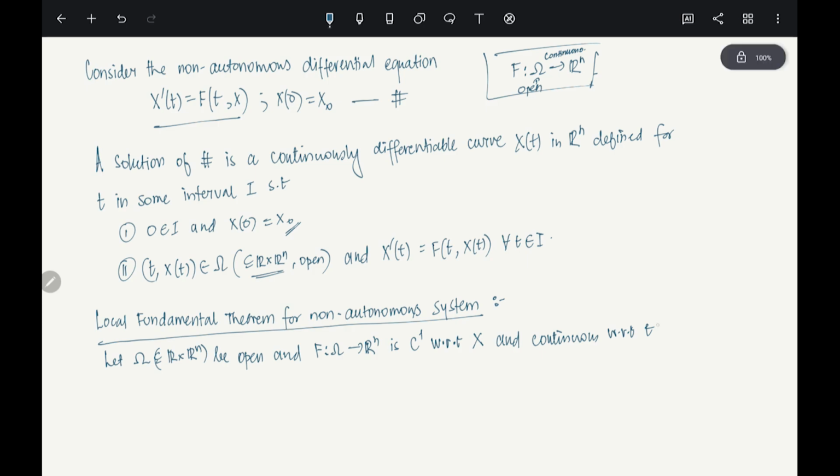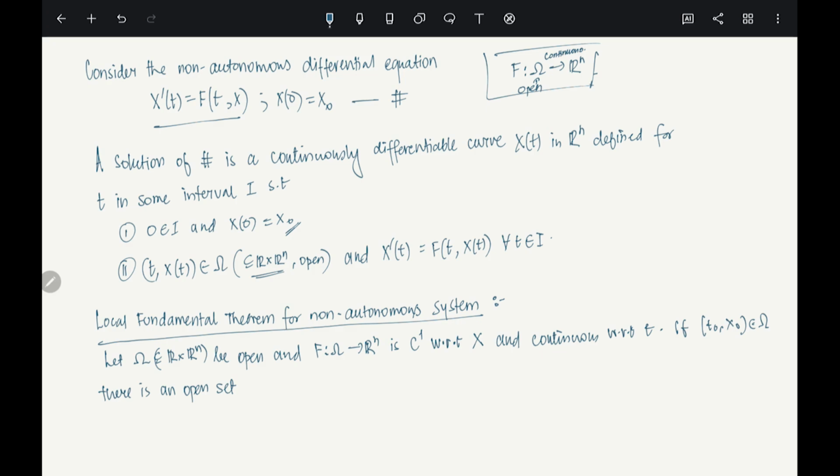Yes. Then if, let's say, (t naught, x naught) is in omega, there is an open set, then there is an open set